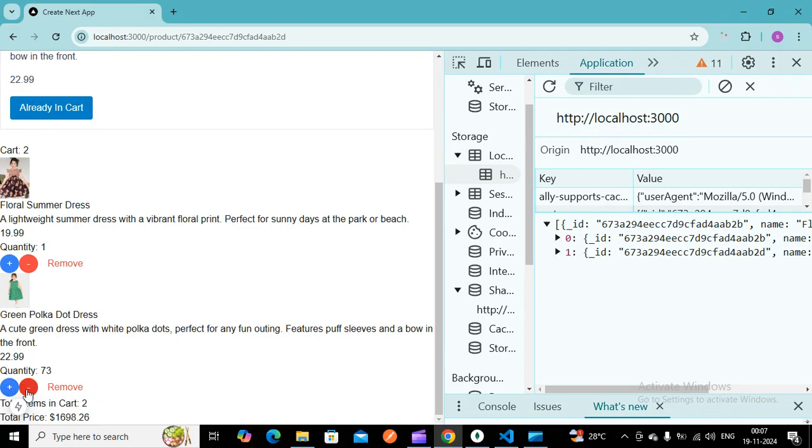If I decrease, my decrease function should not go beyond 1. So -1, -2 and so on should not come. If I click this, for that we have to write a condition. That's why I'm telling this. So I'm just decreasing. Here my cart value is 1. If I decrease, -1, -2 should not come.